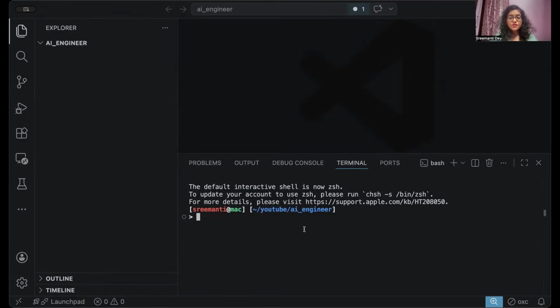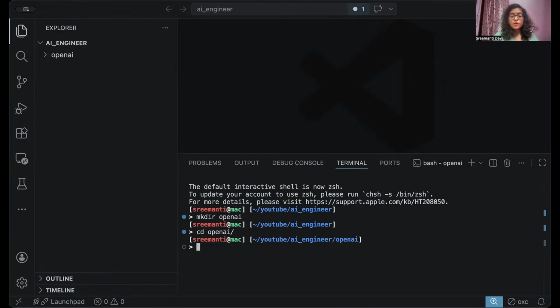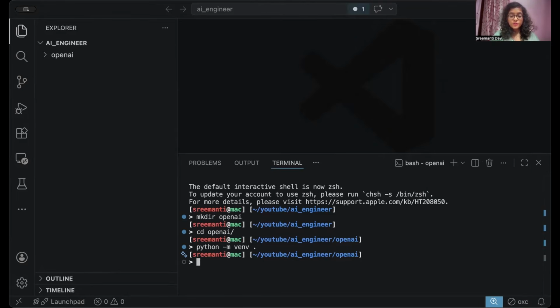So let's start. First comes obviously creating an environment, and first comes creating a folder. So we are going to have an OpenAI folder. Inside this, we are going to be creating an environment. Always remember, do everything that you are going to do inside an environment so you do not corrupt the whole thing. And now you're going to basically